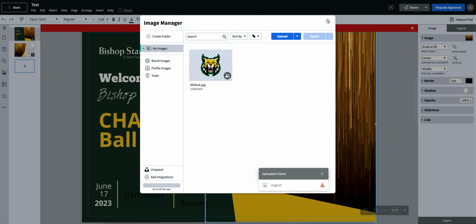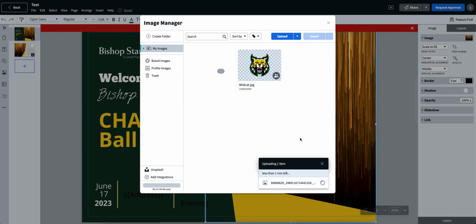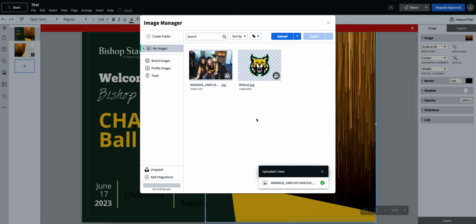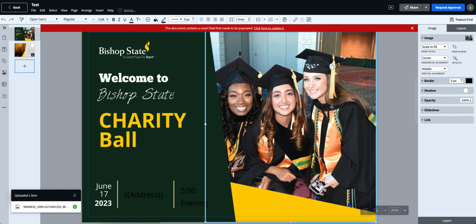This one did not upload. It's probably because it was a TIFF, so it was too big of an image. I'll grab a JPEG this time. That's also something to think of as image formats. Usually JPEGs tend to work. So now that we've uploaded this, we'll go ahead and grab it, insert it, and that literally just replaces our